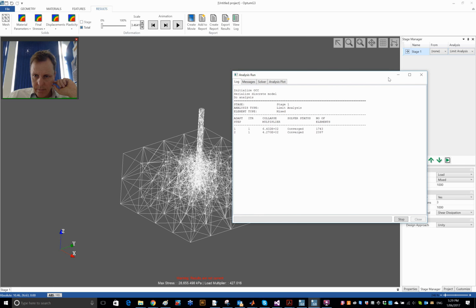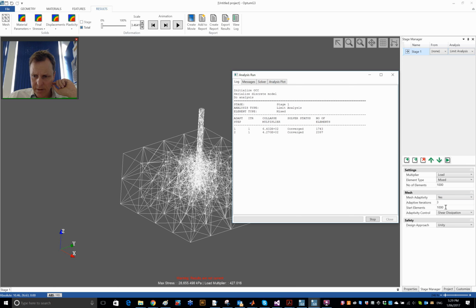And you'll see here, if you look at the number of elements that's actually produced, that number tends to be quite a bit higher than what I have actually requested. So I request to start with 1,000 elements, and then to finish off with 1,000 elements as well. So in the course of 3 adaptive iterations, basically rearrange 1,000 elements. But you'll see that the actual number of elements produced tends to be quite a bit higher than that, something like